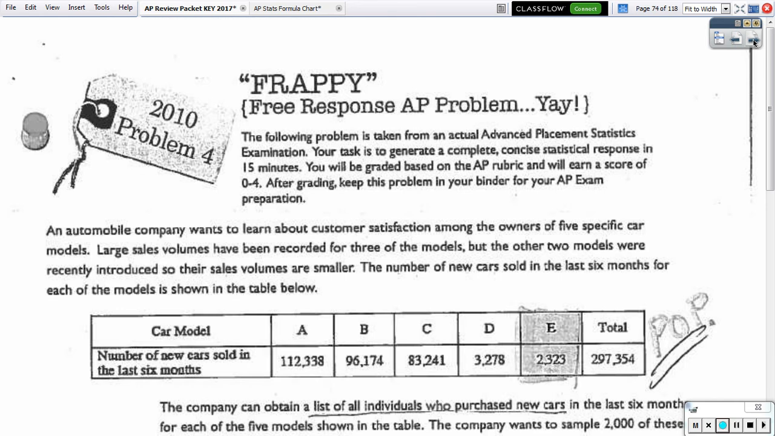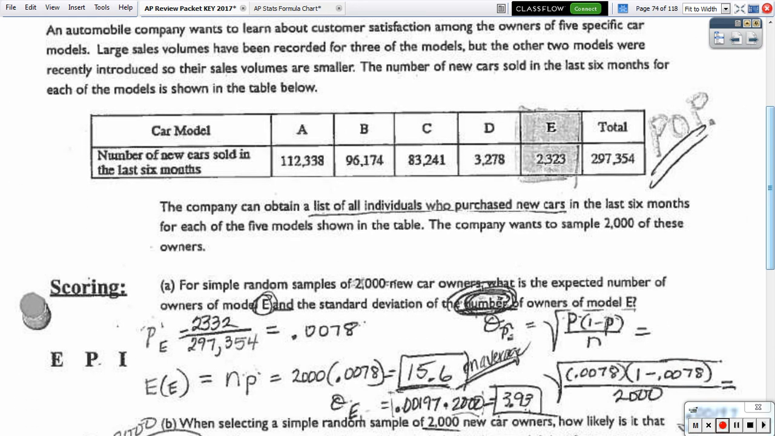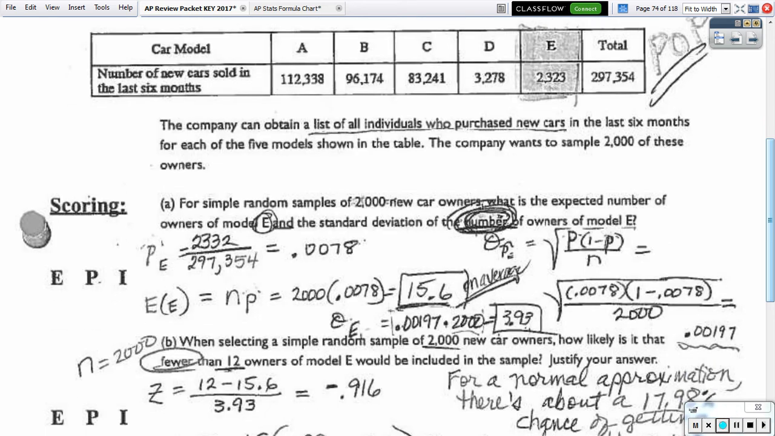Okay, page 111. Here we go. So this here is big enough that it is going to be giving us the probability of getting a part E. So the first thing, I've got really too much written out here. I think part A could be done simpler. First of all, you had to get a probability for E. And to get that probability for part E, you were doing this 2323 over the total population of 297,354, and that is a very small proportion, that is